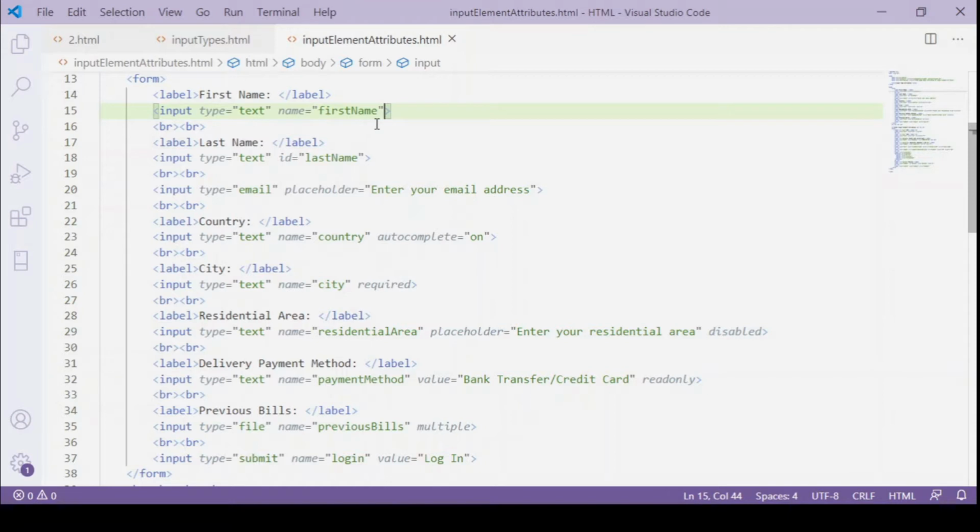As you can see, for the first name, I have used the name attribute for the input element. The name attribute is used to send data to the backend, either PHP or JavaScript. And for the last name input, I will use the ID, which is used to manipulate the input element